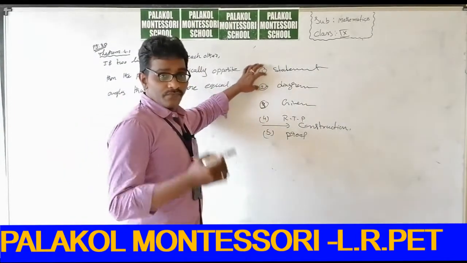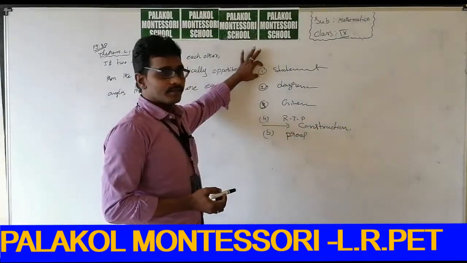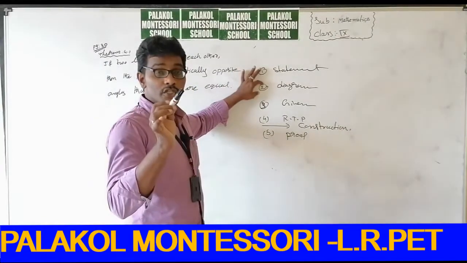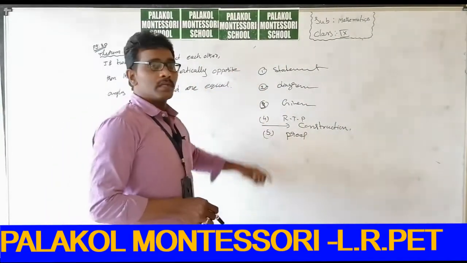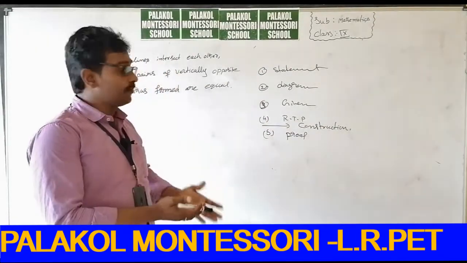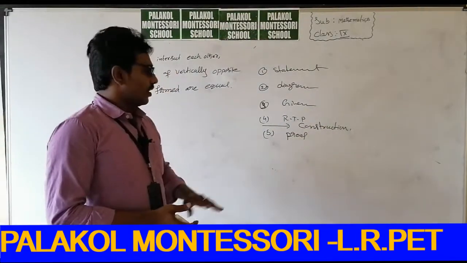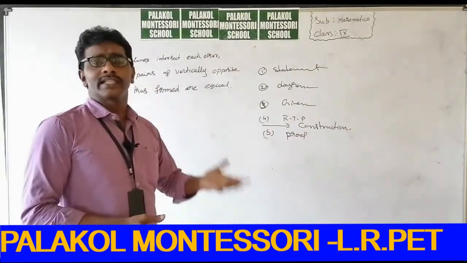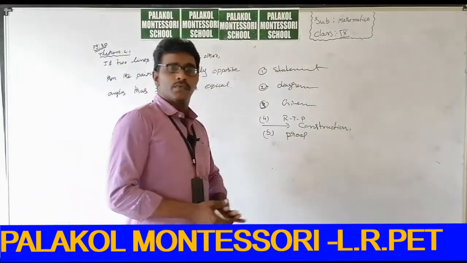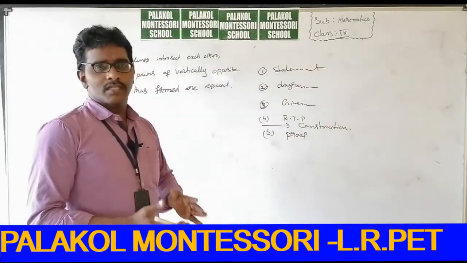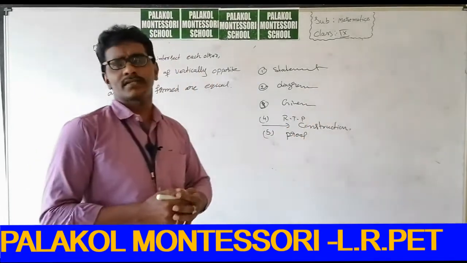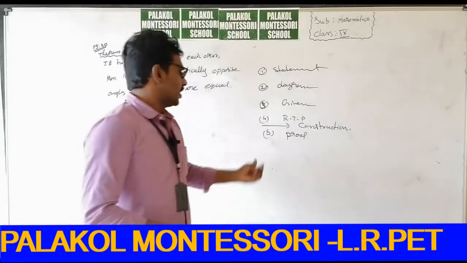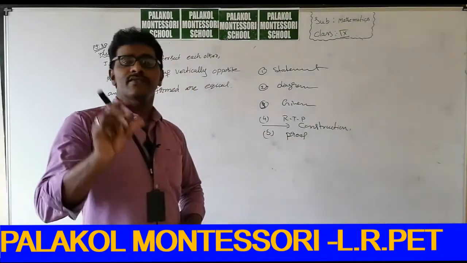So for a theorem, first you need the statement. Second, you must draw the diagram related to the statement. Third, whatever is given in the statement, you write as the given. Fourth, what you have to prove is the required to prove. If some diagrams or theorems need a construction, you definitely draw a construction; some theorems do not need one. The fifth, the last one, is the proof.